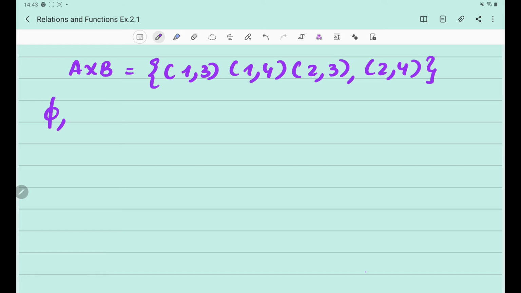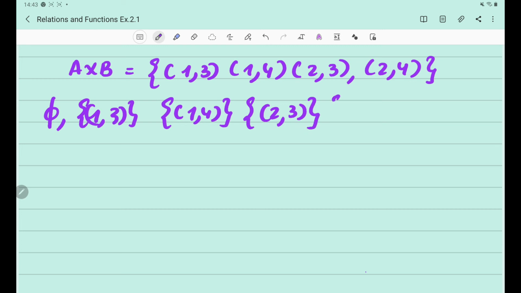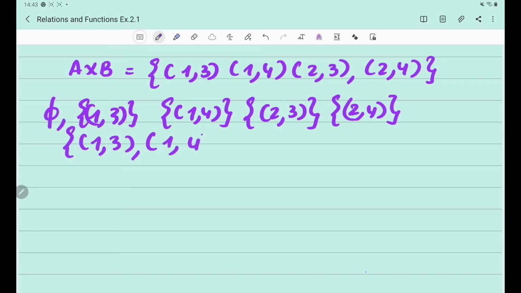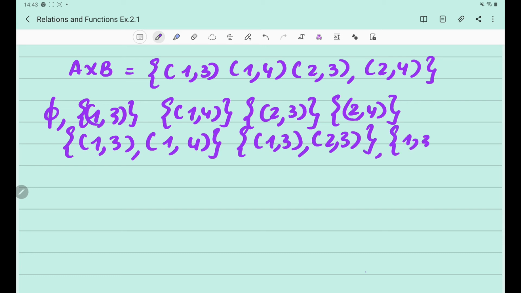First, the empty set, which is always a subset of every set. Again, what are the possible sets? 1 3, right? Next one 1 4 separately, again 2 3, again 2 4. Again, what are the possibilities? 1 3 and 1 4. The next possibility would be what? 1 3 and 2 3, and then the next possibility 1 3 and 2 4, right? And again 2 3 and 2 4,